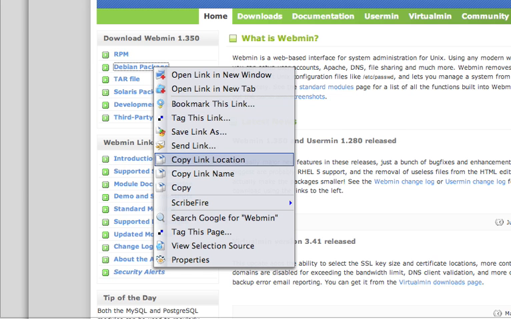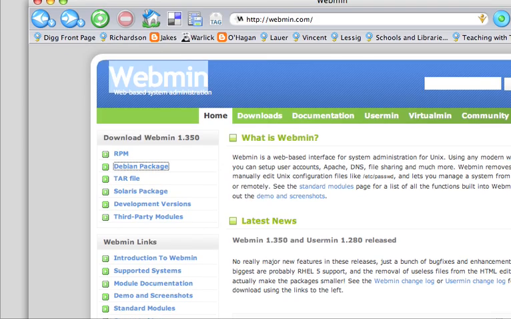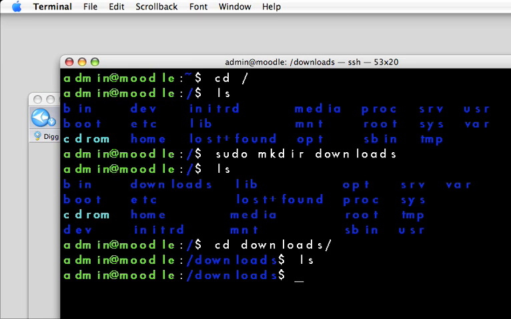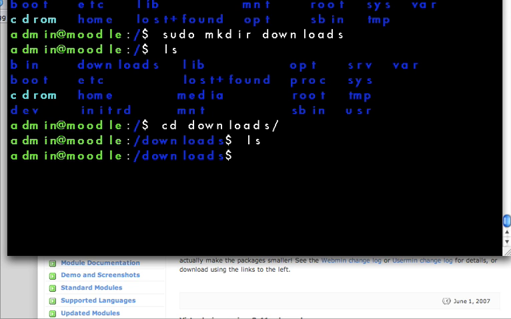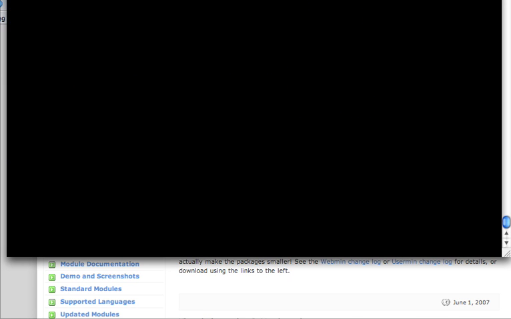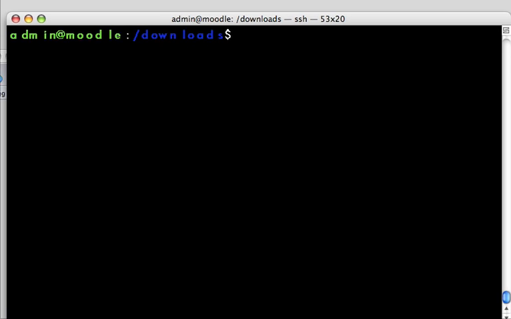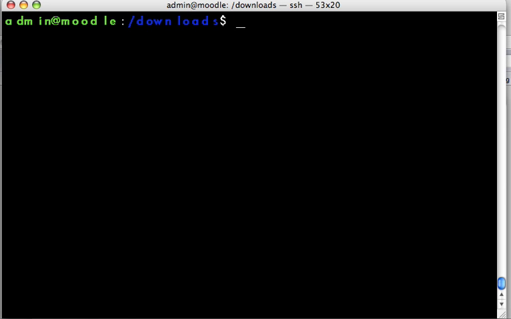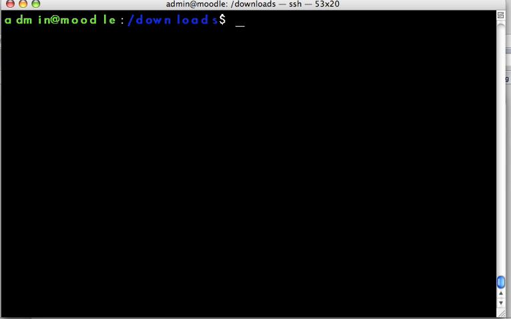Okay, because what I want to do is grab this package remotely. So I'm going to copy the link off of here. Okay, and I'm going to go back to my command line, and right in this directory here, let's clear this out. What I want to do is download this into the downloads directory. Well, the download command is fairly simple. It's sudo